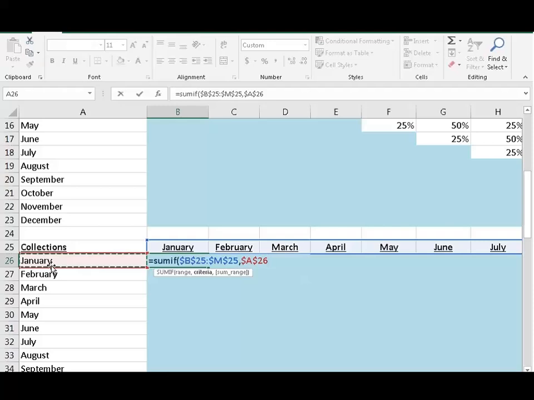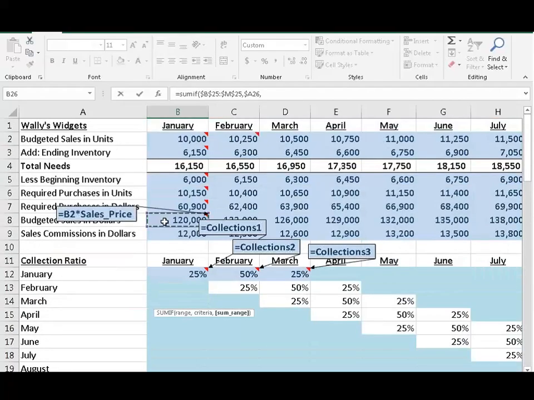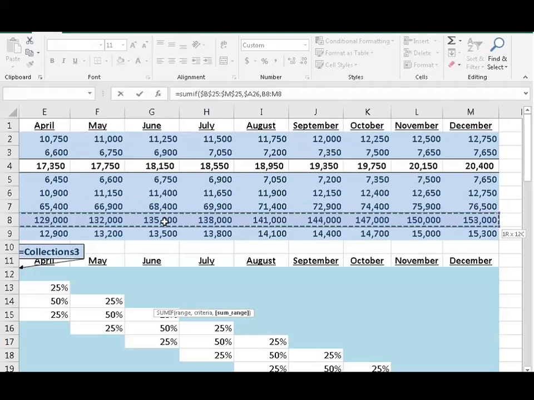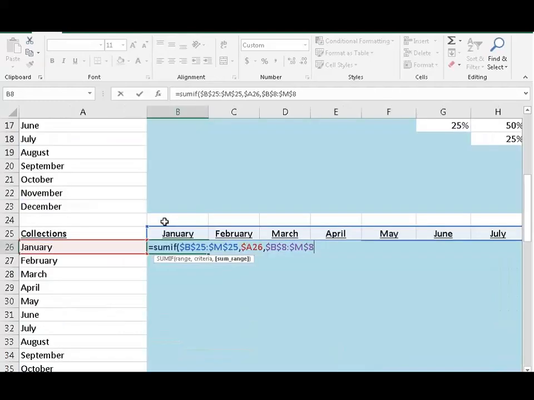Now, that doesn't mean you have to go in and manually remove what you don't need. You can press the F4 key a second time, and it then removes the column $ and puts one just in front of the row. Press it a third time, it puts it just in front of the column. Fourth time would remove all the $ completely. So this keyboard shortcut is a toggle, so we can toggle our way to what we need, which is that. Then we go up and we want the sales amounts from row 8, press the F4 key, close our parentheses,